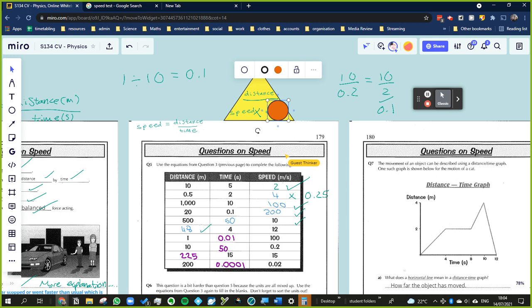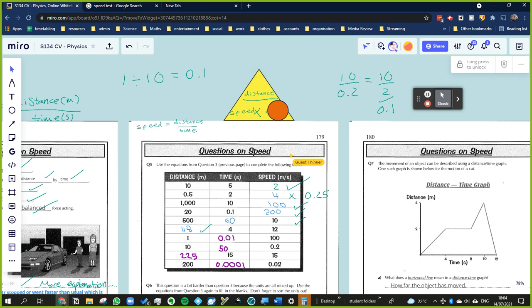So we're expecting a large number, not a very small one, because that would mean he was traveling very fast. If he traveled 200 meters in a ten-thousandth of a second, he'd obviously be going extremely fast, but he's going extremely slow. So when we divide 200 by 0.02, the way to do it with mental arithmetic is